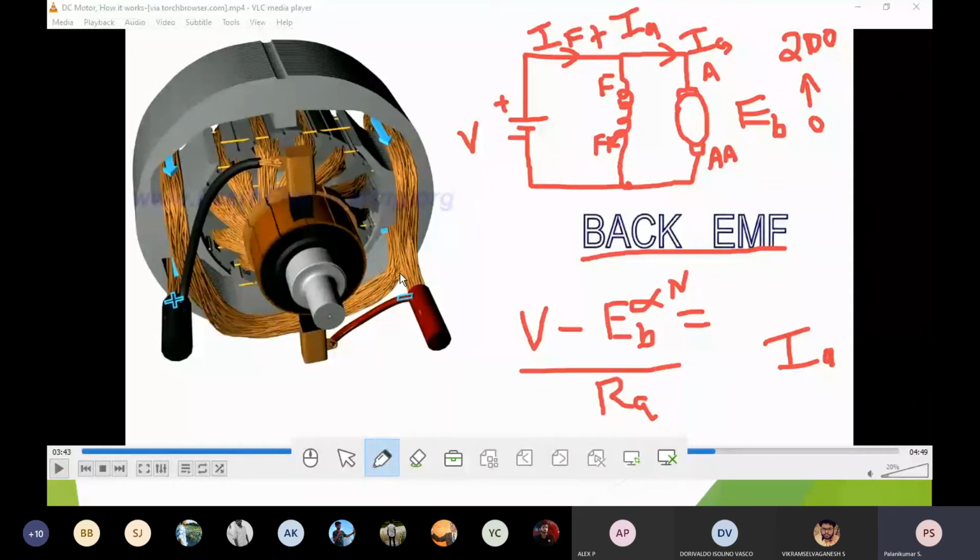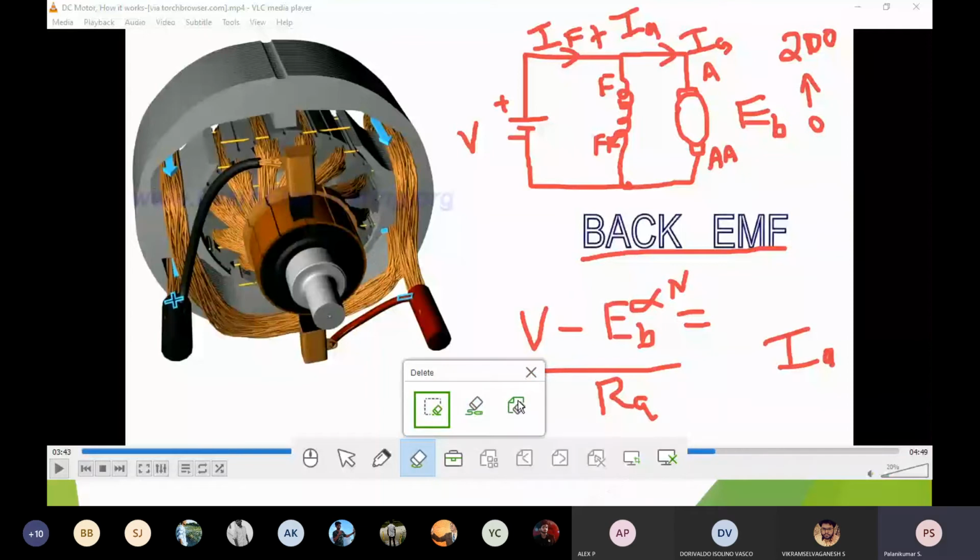In the DC machine, this concept is very, very important. What is back EMF? Back EMF is the induced EMF in the armature coil that acts against the supply voltage, because that is what causes the rotation. As per Lenz's law, it opposes the supply voltage. Because of that, the net resultant voltage to drive current through the armature is reduced. Automatically, current is under control, and I need not worry about burning of the coil. This is how you have to understand the concept. Understand the concept?